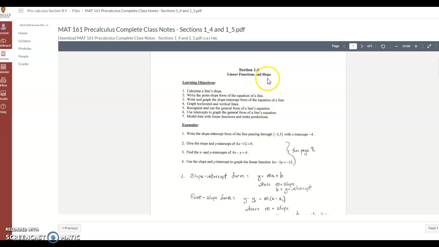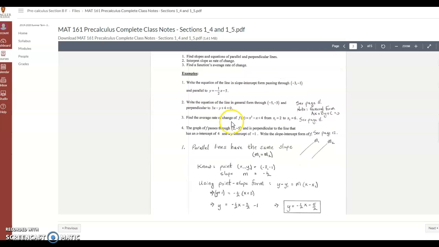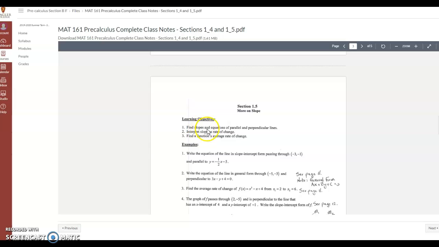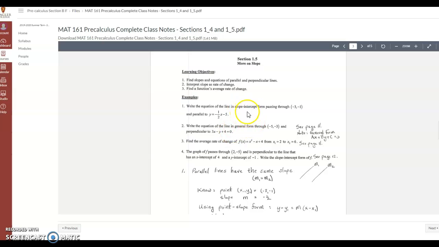In section 1.4, we're going to talk about lines, and the slope of a line. So know how to find the slope of a line, be able to write the point slope form for the equation of a line. Write and graph the slope-intercept form of the equation of a line. Graph horizontal and vertical lines. Recognize and use the general form of a line's equation. Use intercepts to graph the general form of a line's equation. And model data with linear functions and make predictions. Okay, so that's section 1.4. And then in section 1.5, we want to be able to find slopes and equations of parallel and perpendicular lines. We want to interpret slope as the rate of change, and we want to find a function's average rate of change. So those are the topics, again, things that you should have seen before,